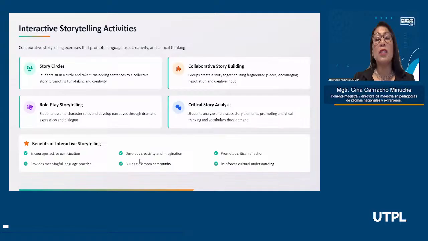Develops creativity and imagination. Of course, you know that in this kind of stories, we find lots of imaginative characters and imaginative phrases. Building classroom community, promotes critical reflection, reinforces cultural understanding as well.